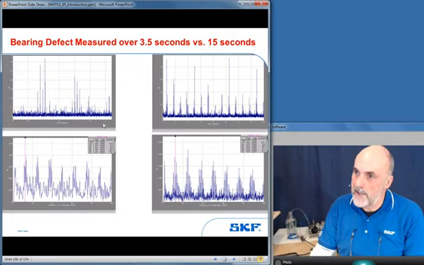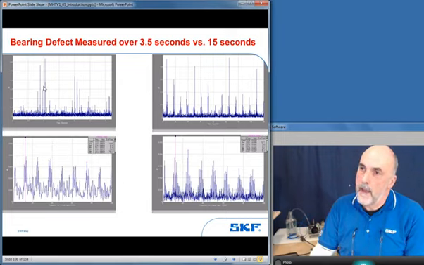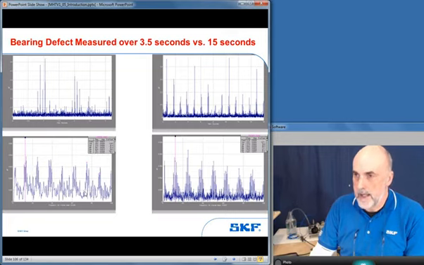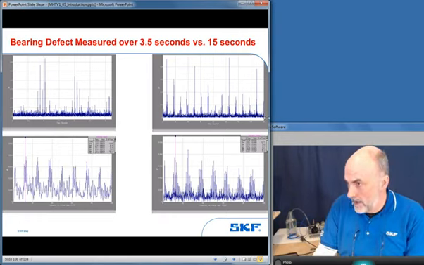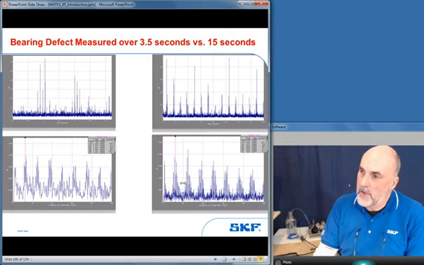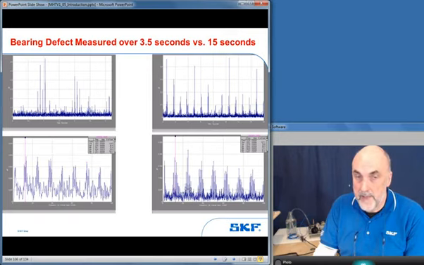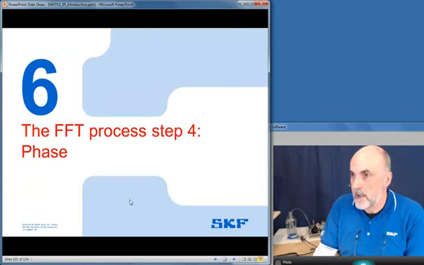If you measure over 3 seconds, and you get 2 pulses, when you look at the spectrum, the ability to see those sidebands is reduced because the resolution is quite low. If you take the measurement over 16 seconds, so you get 10 to 12 pulses is what we normally say, we get a much higher resolution spectrum, and we can see those sidebands. And that's, as I said, really good evidence that we've got damage.